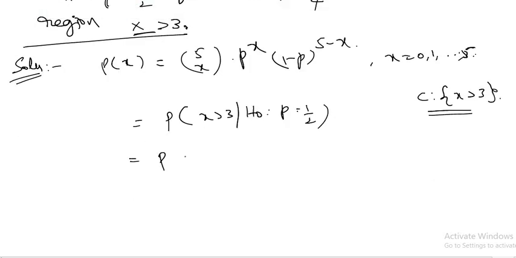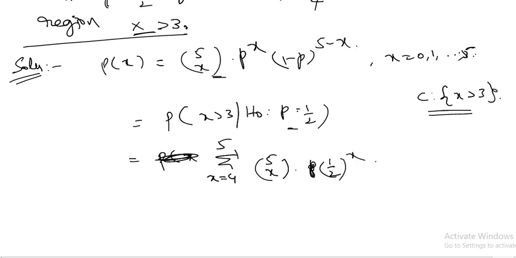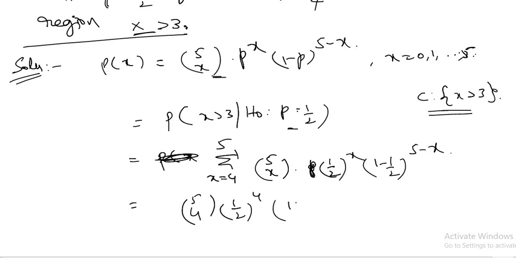p equals 1/2, X greater than 3. That means X equals 4 to 5. When p equals 1/2, substitute here: 5Cx (1/2)^x (1 minus 1/2)^(5 minus x). Substitute X equals 4, check: 5C4 (1/2)^4 into (1 minus 1/2), that is (1/2)^(5 minus 4), plus now substitute